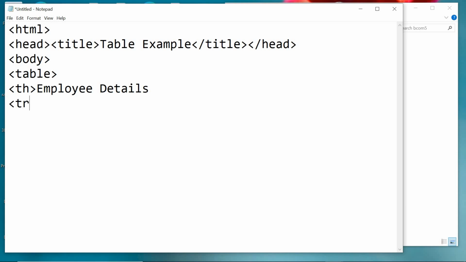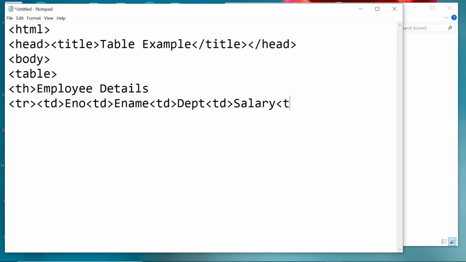Here tr indicates table row. Then td indicates table data. The first one is employee number. The closing of td is optional. Then employee name, then department, then salary.